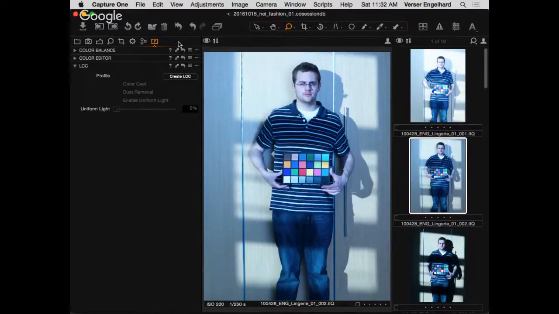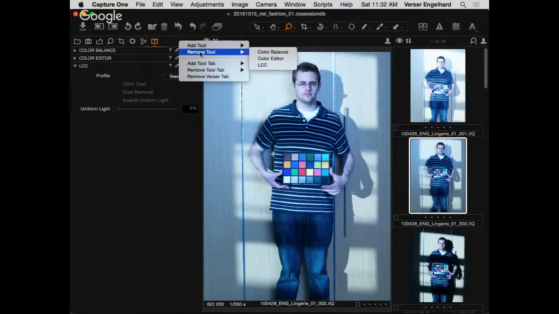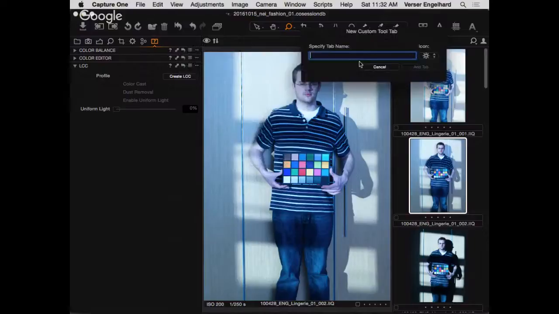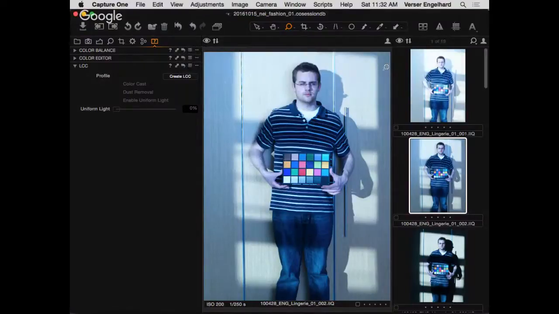You're not restricted to a single one of these. You can actually click and do this again. So again, add tool tab, come down to the next one, whatever, and add another one. And this can keep going on. You start doing this kind of work for somebody, they realize how deep your knowledge of this program is. You're showing off. But it's a great trick,